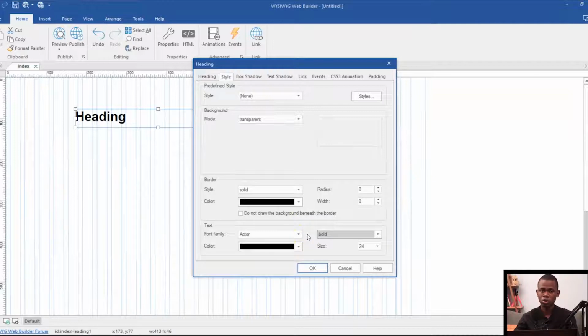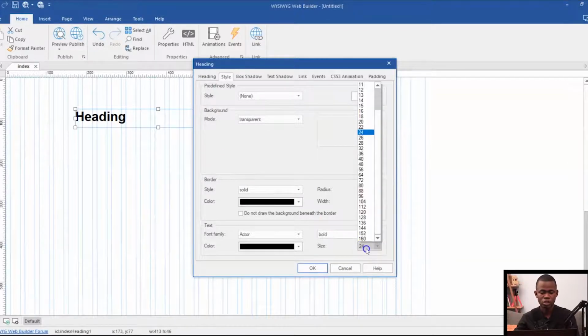Now the most important aspect of working with the heading tag has to do with the font size you'll be working with. The reason is that when you're working with, for instance, heading 1 or H1 tag, which shows how important that particular text is, let's say you specify the font size to be around 32 pixels, which is fine.